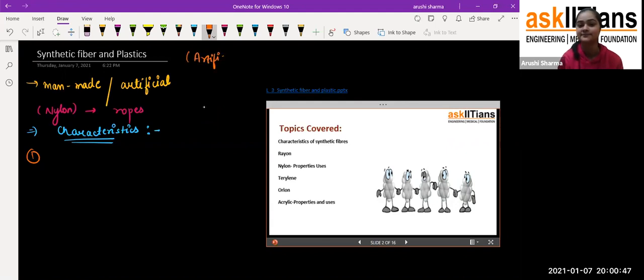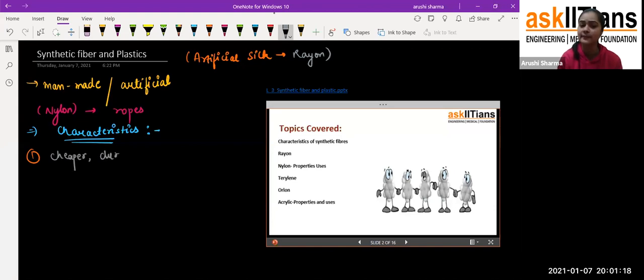Artificial silk. And in the last class I discussed this also, the name of the artificial silk. So the answer is rayon, and I hope that you also thought of rayon only. Rayon is the artificial silk, and it is less costly, or you can say cheaper than the pure silk which we get from the silkworm. So we can say that these synthetic fibers are cheaper,